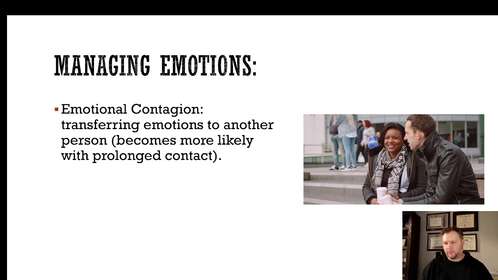I know we've all experienced this, where you can transfer emotions to another person. So this is the classic: you meet up with a friend and they're in a bad mood, and after a few minutes, all of a sudden you're in a bad mood too, or they're snippety, so you get snippety, right? Or also the vice versa, right? So they're happy, so you get happy. So emotional contagion is like that emotional transfer, and this can happen with people where if you're around somebody and they're having a certain emotion, it sort of catches on with you.